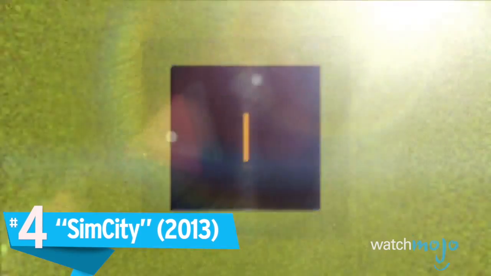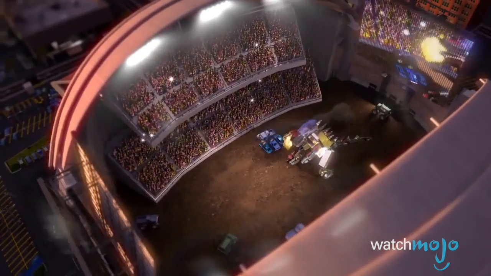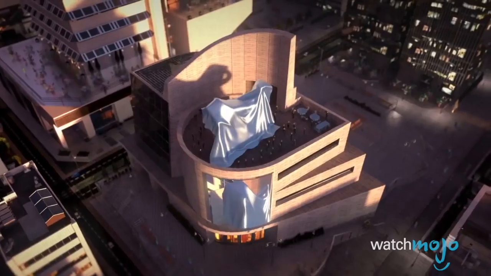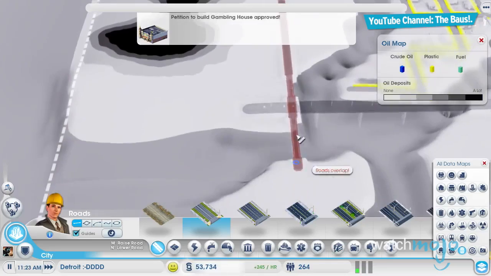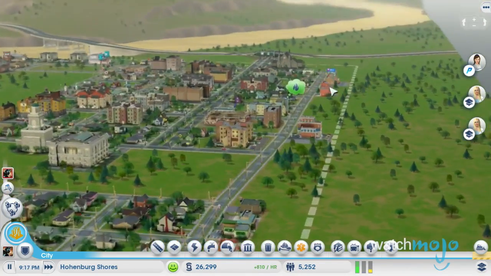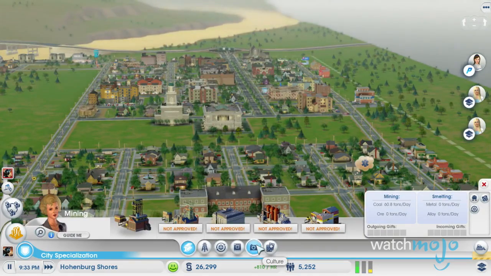Number 4. SimCity. This is one city you really don't want to live in. I mean, for one thing, they make you have internet. A reboot of developer Maxis's classic, SimCity was meant to be one of the most fully featured city simulators ever. But after a promising beta, the finished product ended up being unplayable thanks to server issues caused by the game's forced